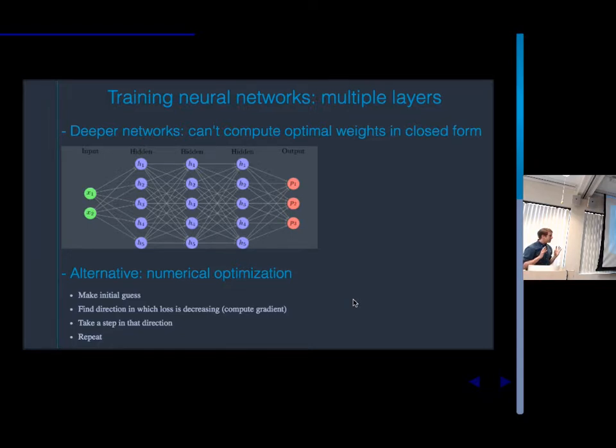This is a gross oversimplification, but the way that almost all numerical optimization algorithms work, and that's certainly true of training neural networks, is that we make some initial guess for our parameters. So we'll initialize, just like in our dragon training example, there was some initial value. It was completely arbitrary. I don't know if it was random or a fixed value, but we had some initial value that was maybe okay or maybe really bad.